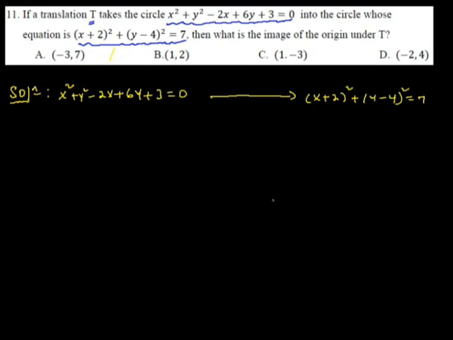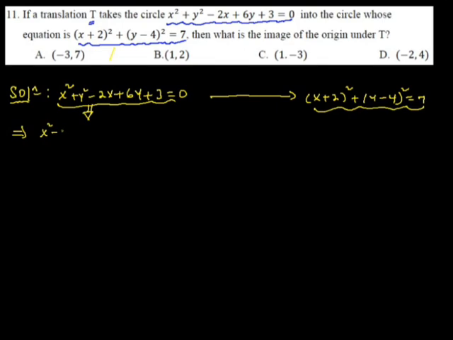So the original circle is x squared plus y squared minus 2x plus 6y plus 3 equals 0. This circle is translated to (x plus 2) squared plus (y minus 4) squared equals 7. So what is the translating vector that takes this circle into here? We need to know this thing. So let us write this circle in standard form first. The standard form is